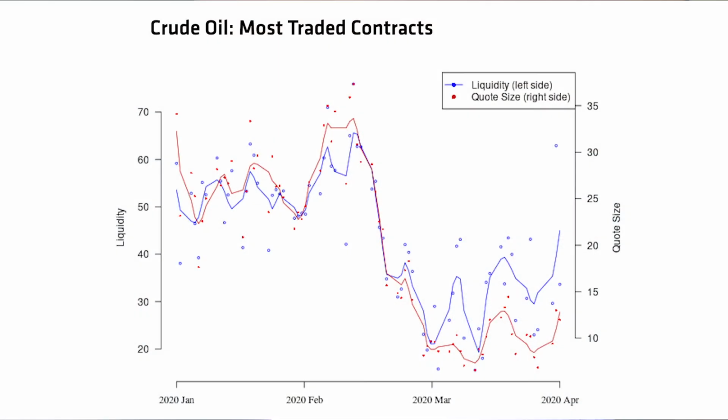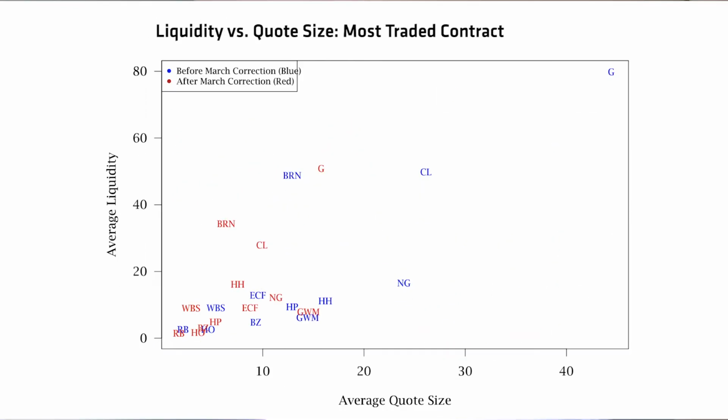So what we have now, based on this measure of liquidity during the day, as well as quote size during the day, is a time series for crude oil, the most traded contract, from the beginning of the year until now. You can see a sharp drop, literally in half, in the liquidity and the quote size on March 6th. What is more interesting is the next plot, which is a scatter plot of all the symbols,